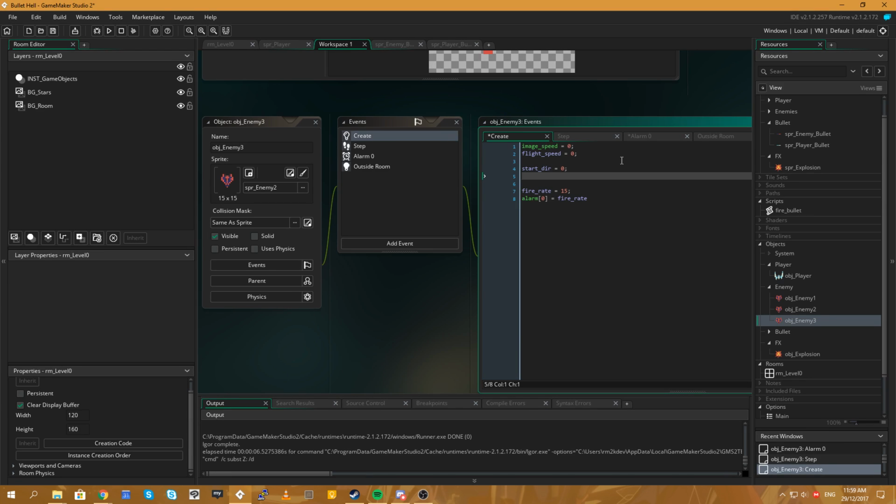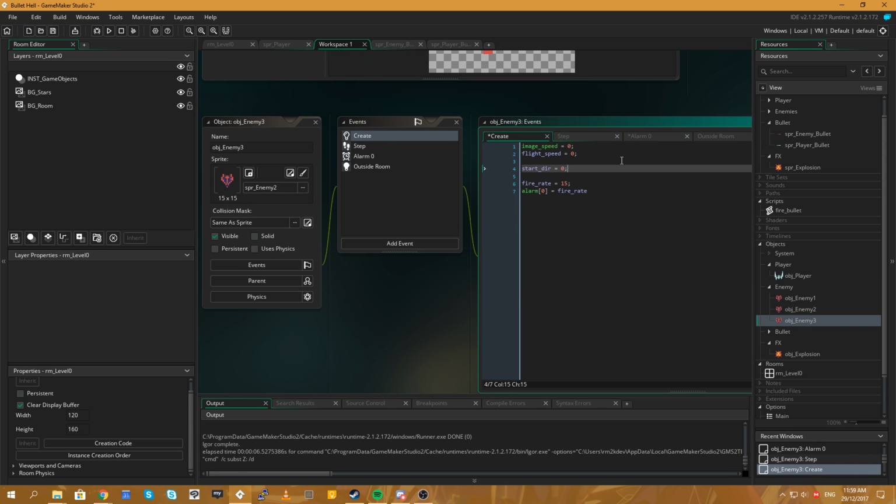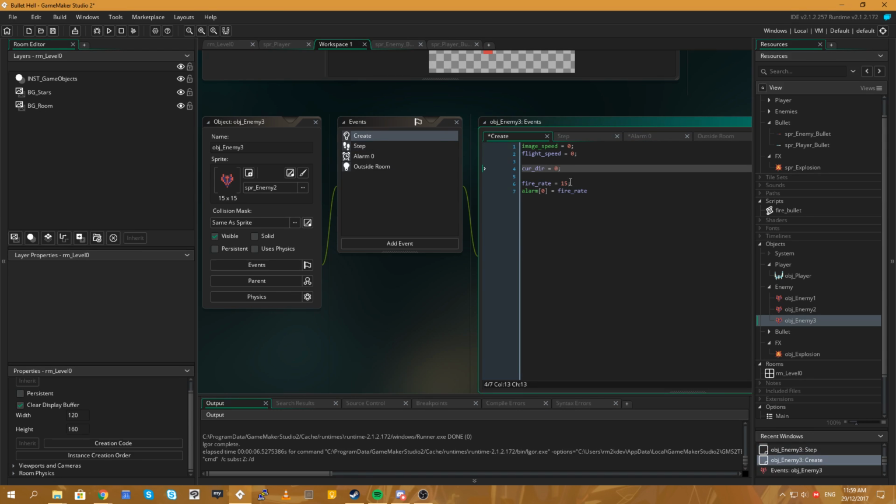So starting direction equals 0. And we are going to go end direction. No, what am I doing that for? That's stupid, we don't need to do that. We need to say current direction equals 0. In the step event, actually no, we need a fire rate. The fire rate for this one is going to be quite high.